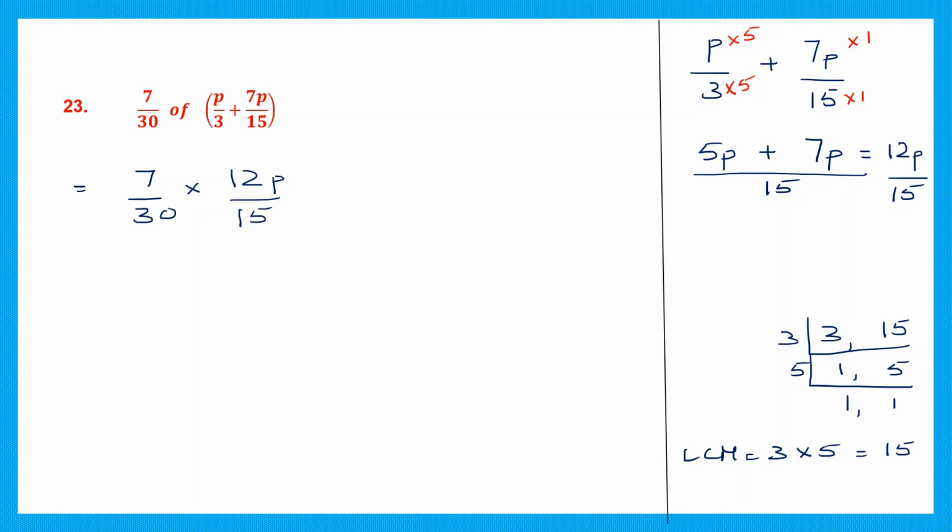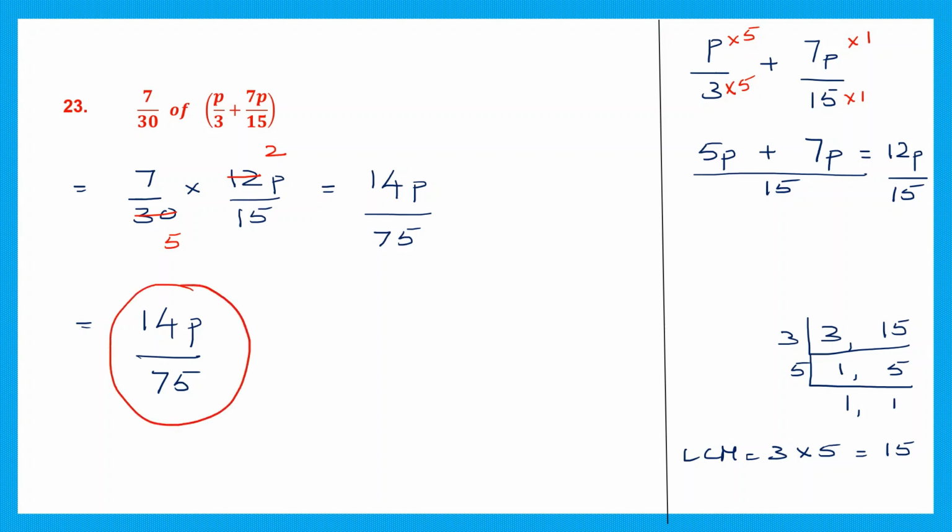So let's cancel what we can here. We can cancel 12 and 30 both by 6. 6 2s are 12 and 6 5s are 30. Is there anything else that we can cancel? We can't cancel anything else, so we're going to go ahead and multiply the numerators. 7 2s are 14 and we have the letter p, and in the denominator we have 5 into 15. 15 5s are 75. So that is our final answer. What is the final answer? 14p